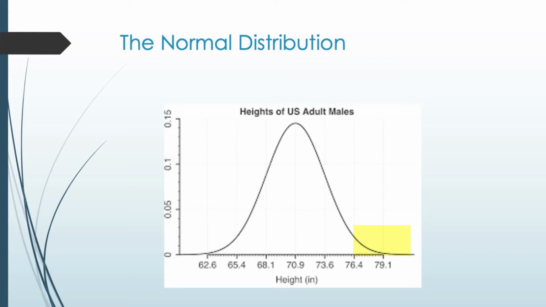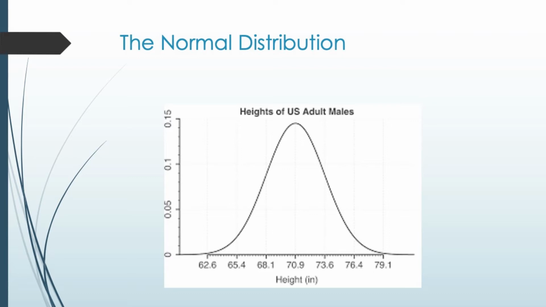In other words, their height would deviate much higher than the mean. And we would also likely come across some individuals who were very, very short. In other words, their height deviated much lower from the mean. The point of the matter is recognizing that the probability of being very, very short or very, very tall is